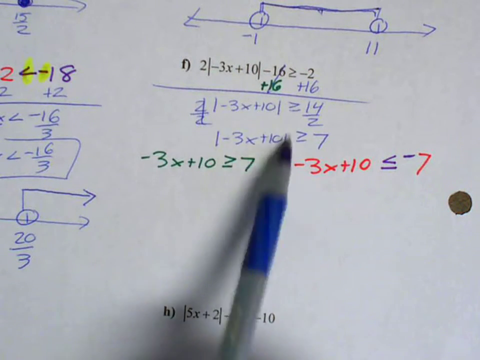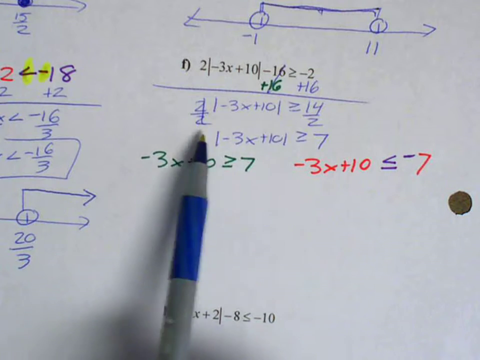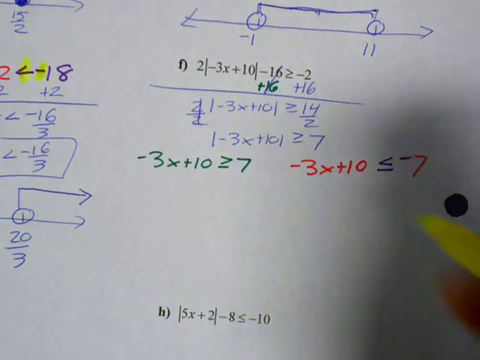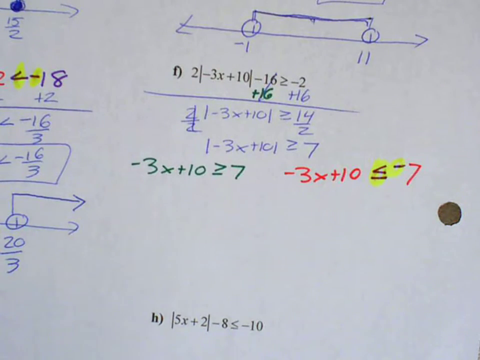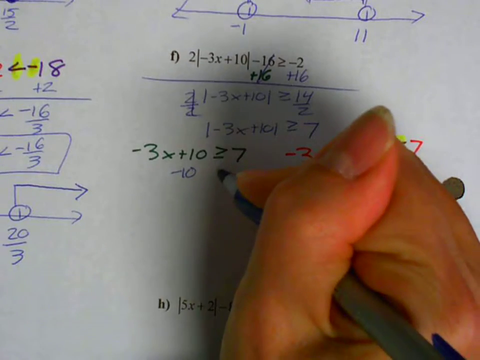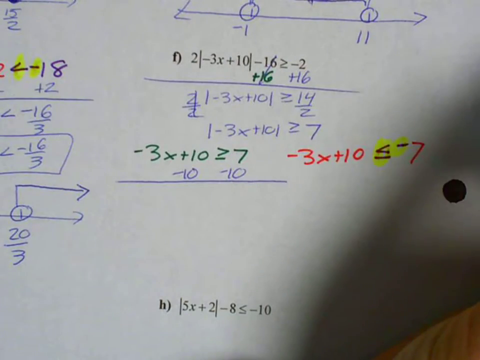And now that the absolute value is by itself, I can get rid of those absolute value signs and just rewrite it. That's the green one. And then I rewrite flipping the inequality and switching the sign. Now I have two inequalities to solve. So I have